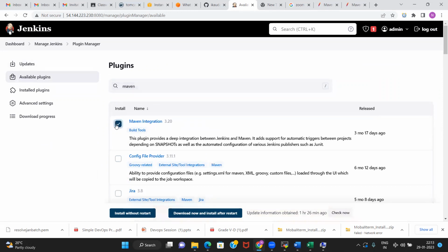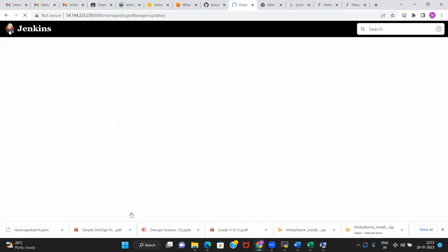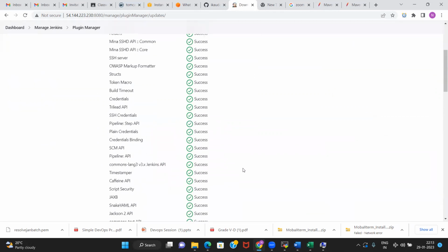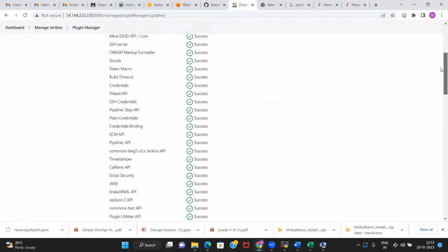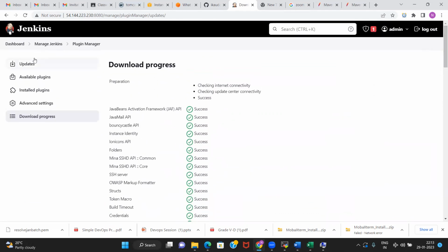You need to select this plugin from the available plugins because it is not installed by default, and then install without restart. This way, you have the Maven Integration plugin installed on the Jenkins server.